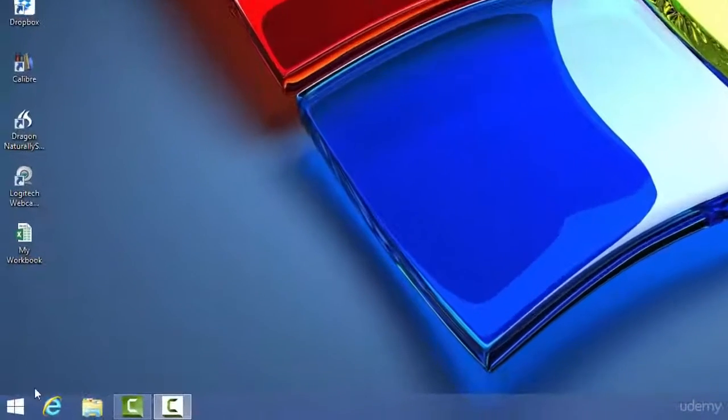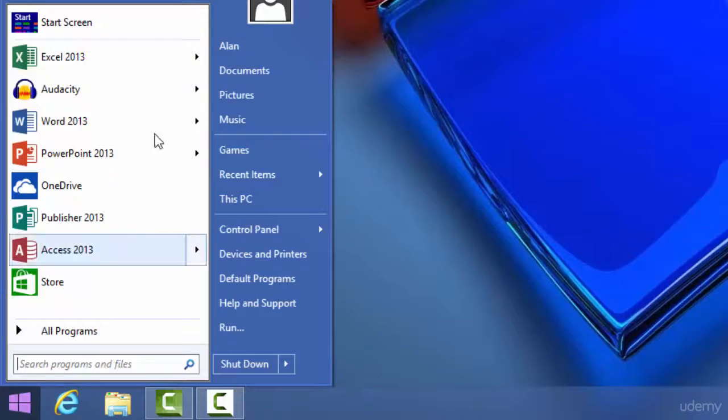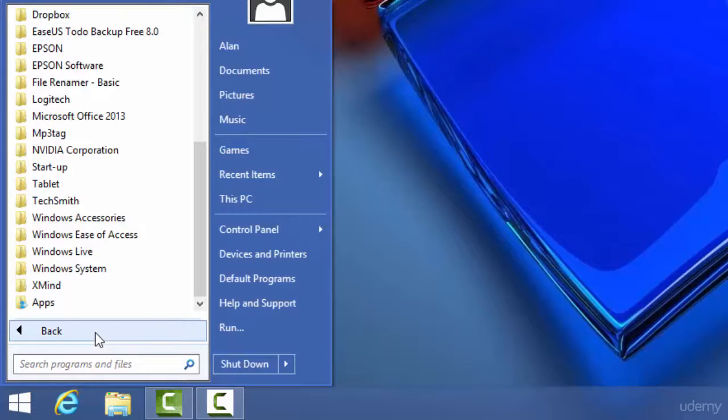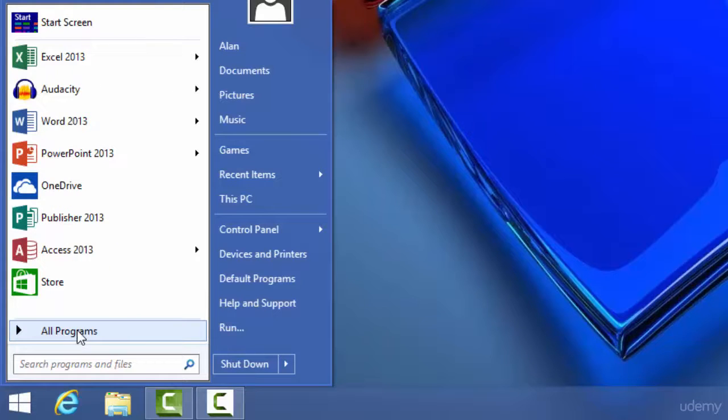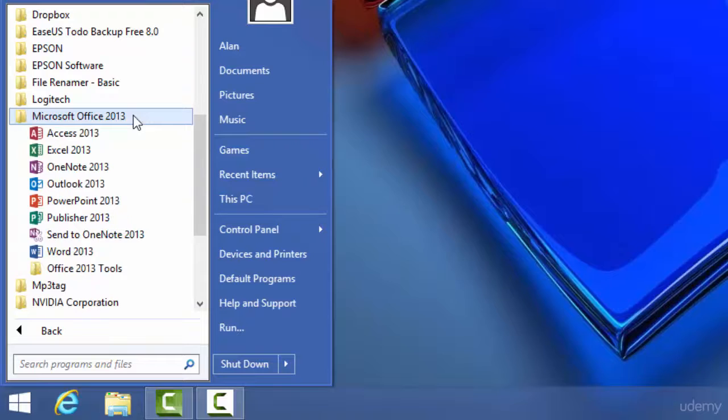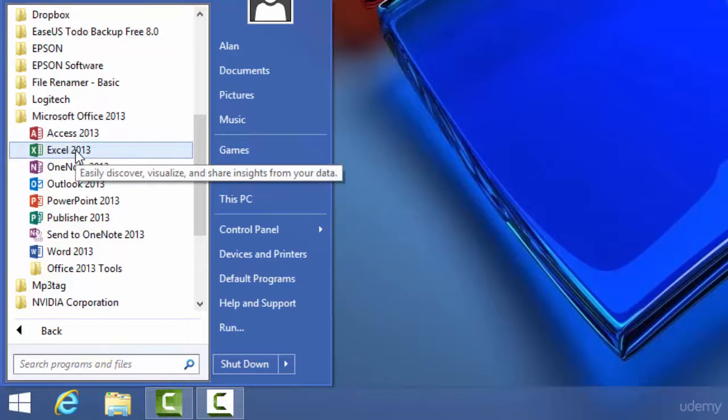Now method 4, also from the Start menu. If you didn't see Excel in here, don't worry, you can always go to All Programs. Let's go back a little. You can go to All Programs, left click, and you will find a little folder called Microsoft Office 2013. Yours may say 2010 or it may just say Microsoft Office. If you left click this folder, it will expand and show you all the programs that you currently have installed in the Office suite. Just go down to Excel, double click with your left mouse and Excel will open for